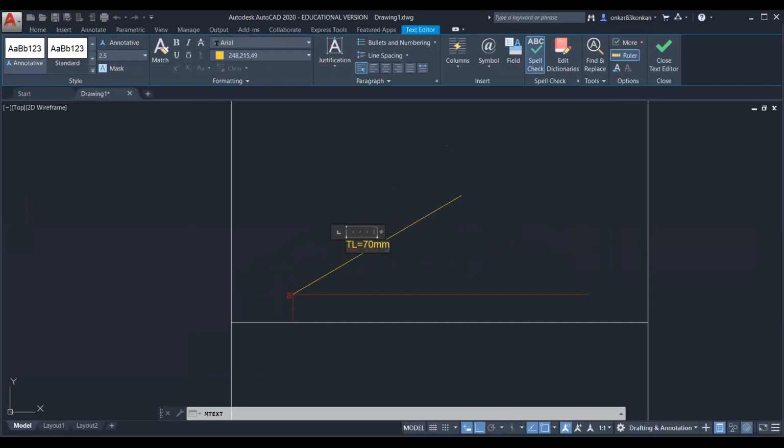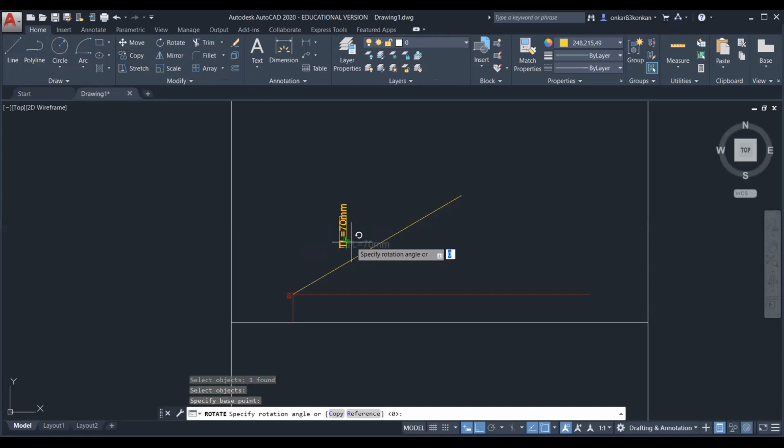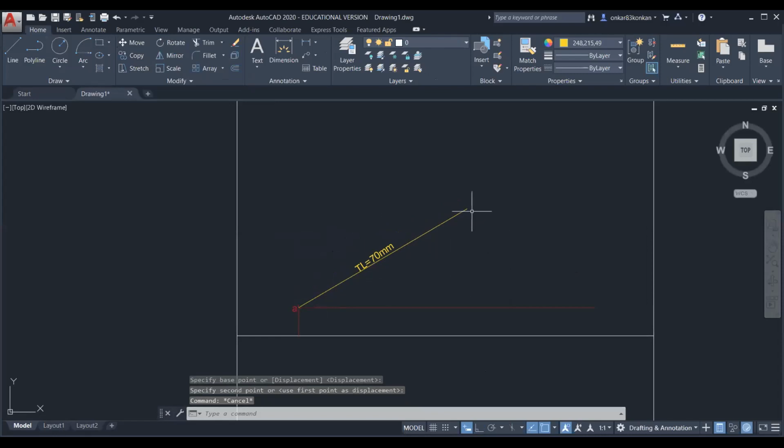So true length is 70 mm. Now the second end point of that line is the B1 dash point. Refer to the notation. If we observe the true length in the front view, its notation will be A dash and B1 dash. So this is your B1 dash point.